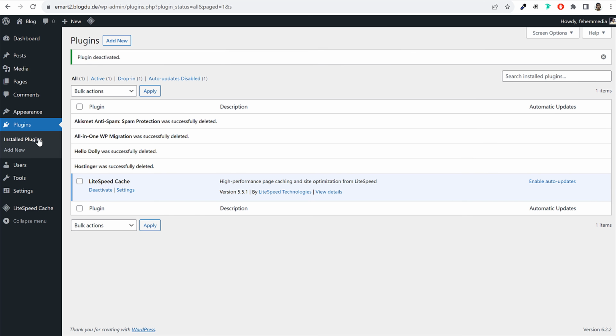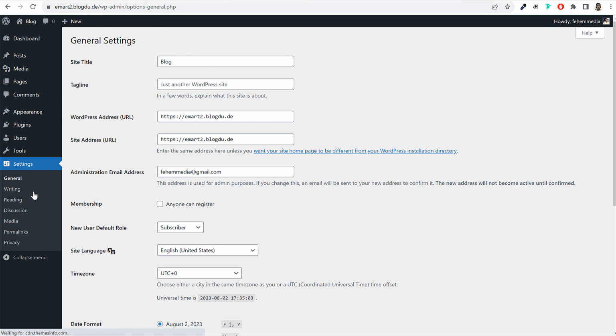Then after that, your next option is settings. So click on settings. Under settings we have to do a few things. First of all, we have general settings. First you have to give your website some name. By default it will be written like blog or something like that. I'll give my website the name fashion. Or you can enter your website's name, your brand's name, your company's name